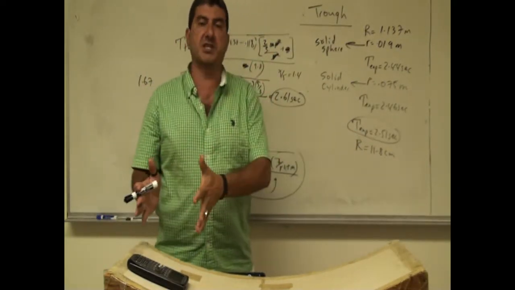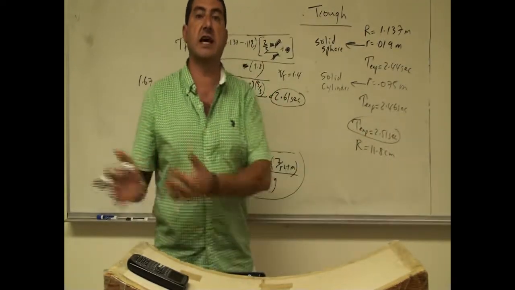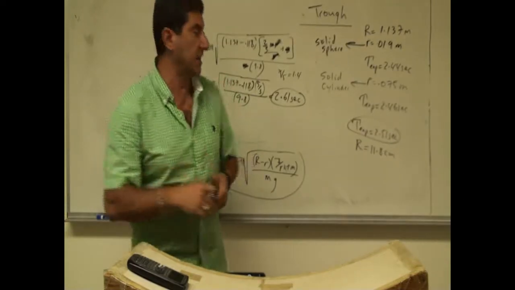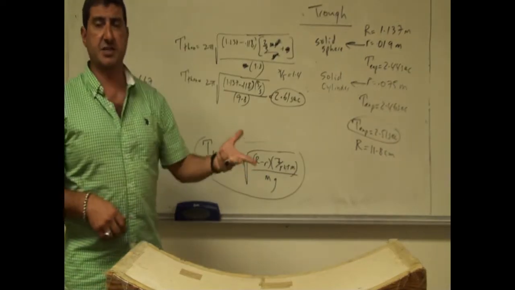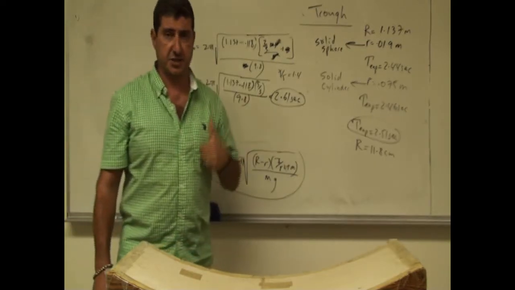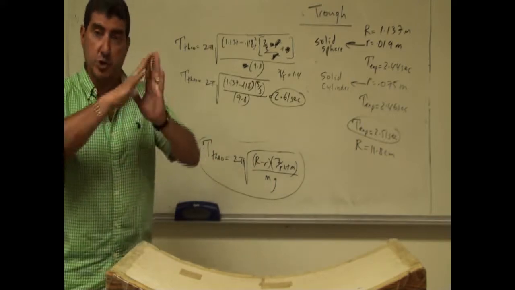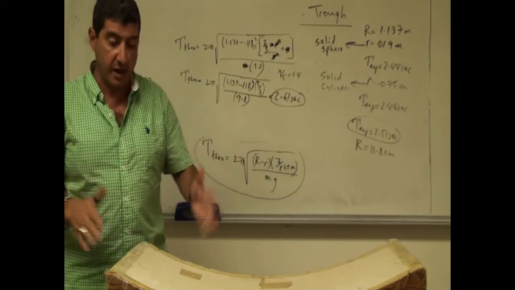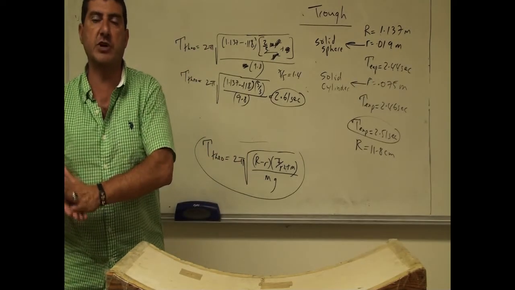Of course, the timing too, I'm only doing it once. In a real laboratory setting, we would do this timing over and over and over again, make sure that our times are consistent, and then take the average of that time. So you can see from these three examples here, I had a solid sphere, I had a solid cylinder, and a hollow sphere. How to do these kind of oscillation problems. You first solve it like a rolling motion, right? And then you relate it to the angle of the trough. Then you use the small angle approximation, and